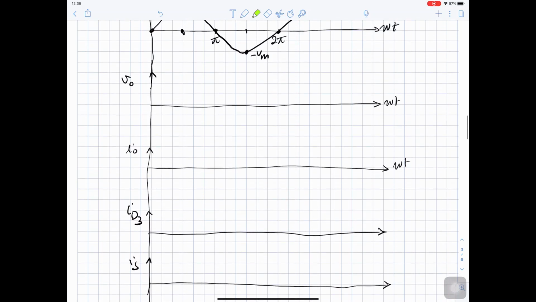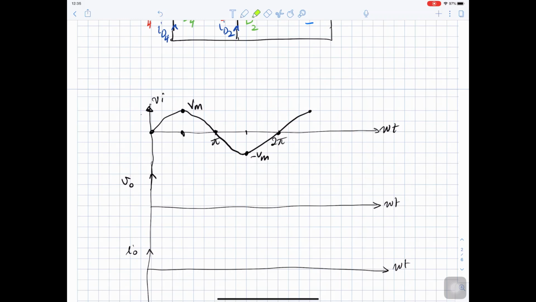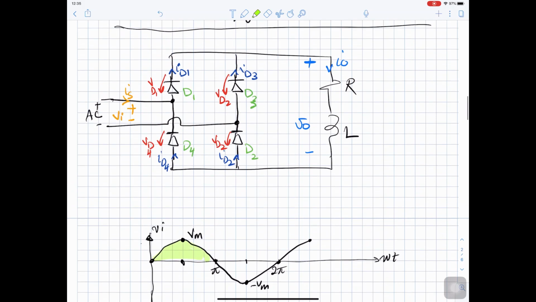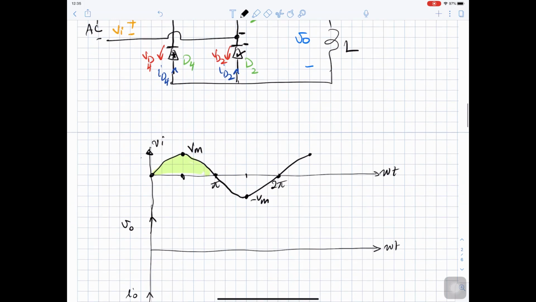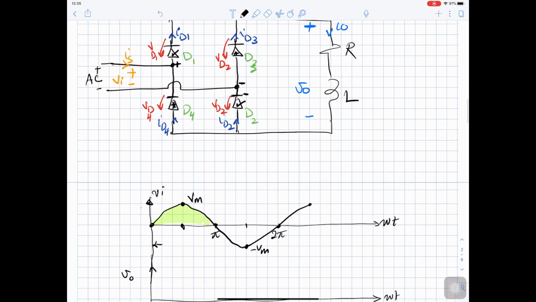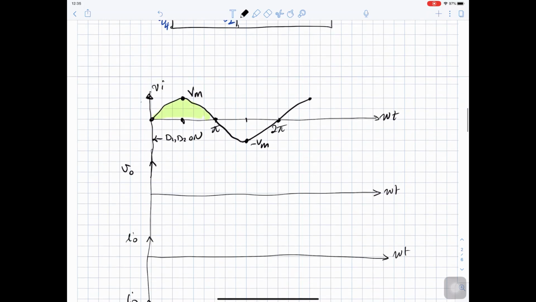So let's go here. Now when the supply is positive, we have a positive here, which will make this one forward and this one reverse. And we have a negative here. This negative is matching the negative. So this one is forward and this one is reverse. So here we have diode 1 and diode 2 forward, which means that diode 1 and diode 2 will turn on, and we can sketch